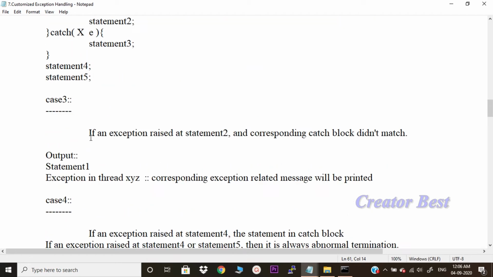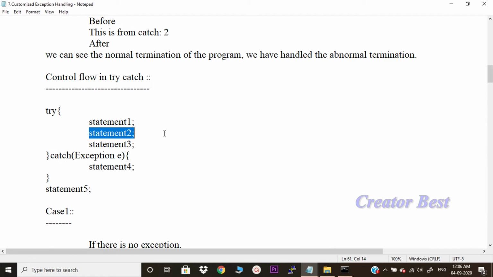Case 3. If an exception is raised at statement 2 and the corresponding catch block did not match, then only statement 1 will be executed. If a particular exception is raised at statement 2, then it would obviously look for its corresponding catch.